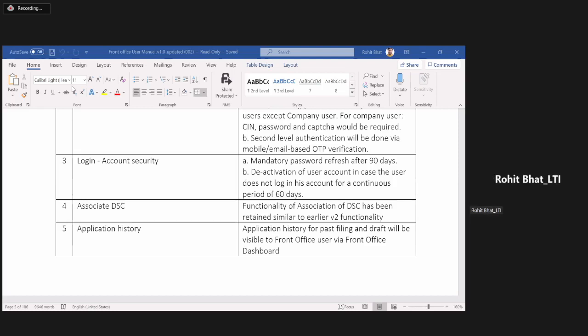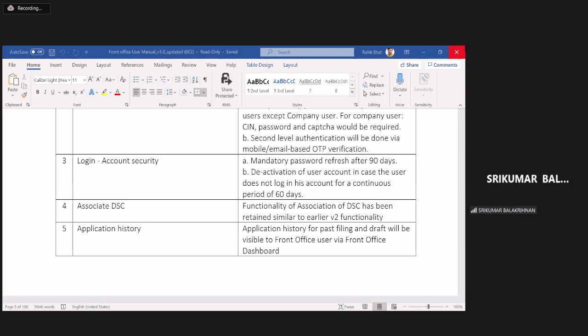Sir, there are two things. One is whosoever has already associated their DSCs in V2, they remain as is. There's no change. First thing. We are getting calls where the DSC has been deactivated or there is a broken token in V2, or wherever their DSC has expired, because as of now, the DSC in V2 has been taken off. It has moved to V3. For those users only, we have made sure that the syncing of the DSC is happening. As of now, for anyone doing company filing in V2, there is no impact, sir. That is very clear, and they are able to file it.